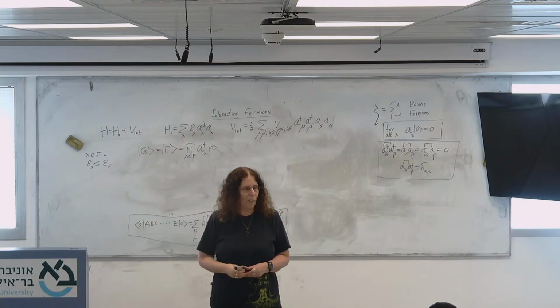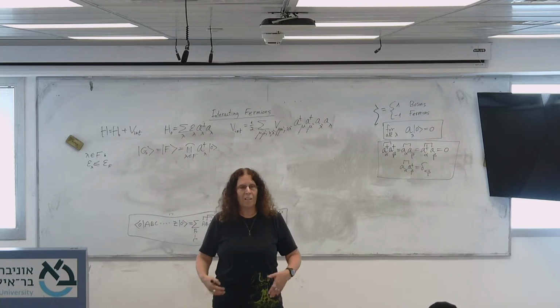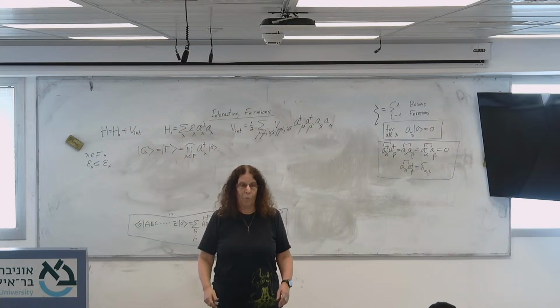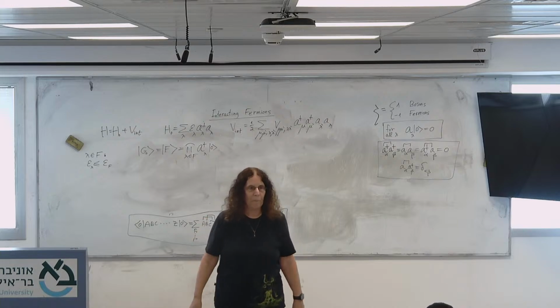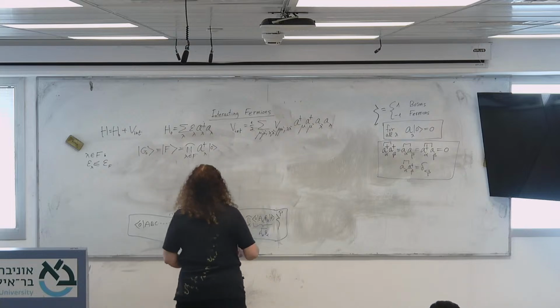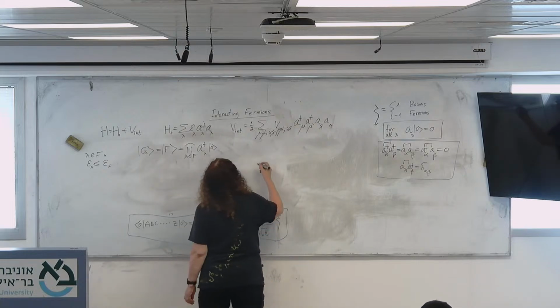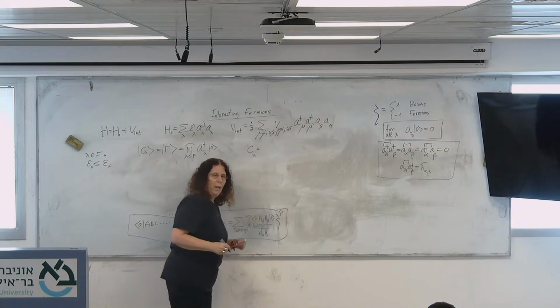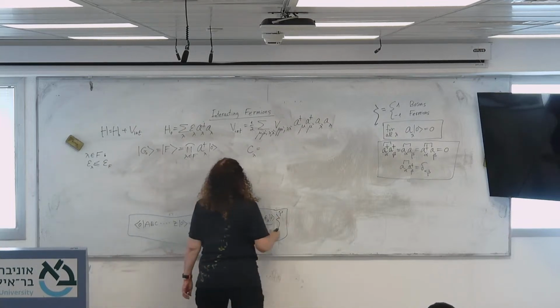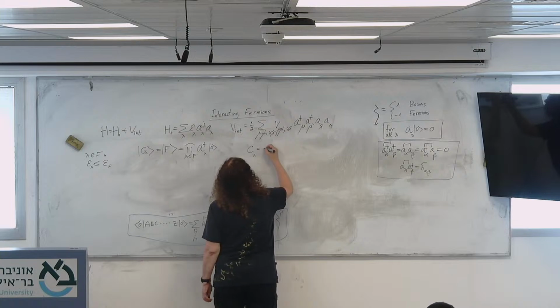The Fermi sea can be redefined as the new vacuum for a new set of particles. If we make the following transformation, we define an operator C lambda, to be either an annihilation operator,